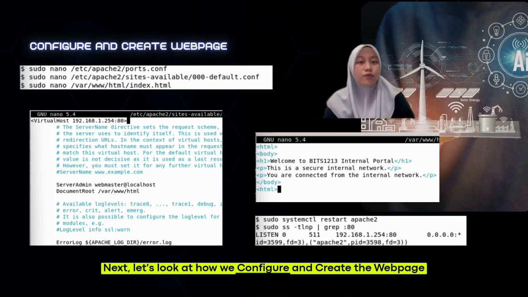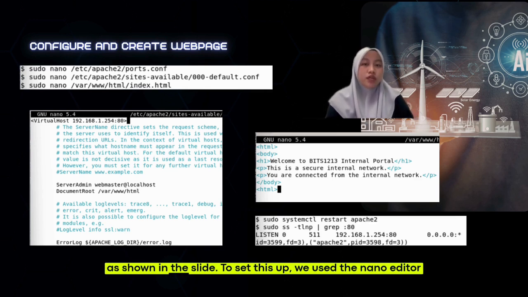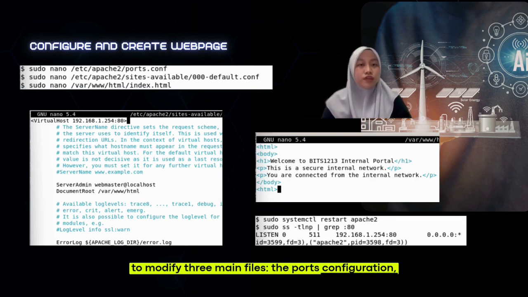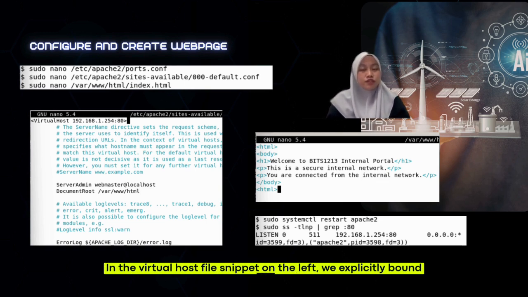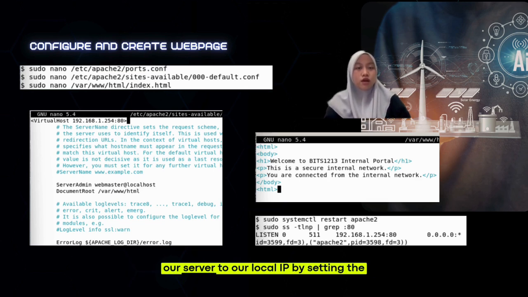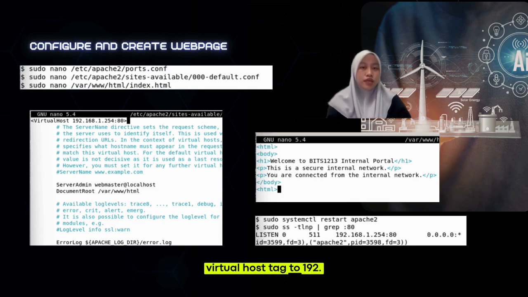Next, let's look at how we configure and create the web page. To set this up, we use the nano editor to modify three main files: the port configuration, the default site virtual host file, and our main HTML index file. In the virtual host file snippet on the left, we explicitly bound our server to our local IP by setting the virtual host tag to